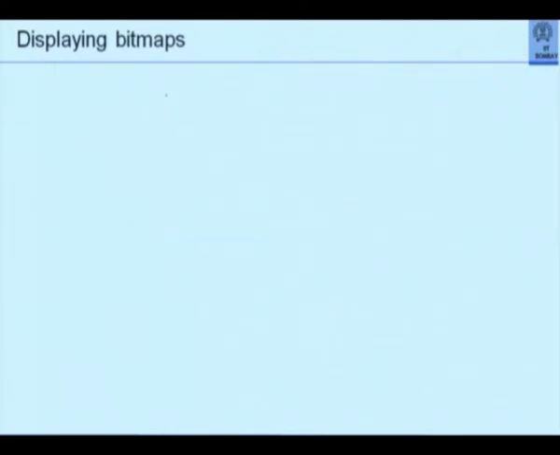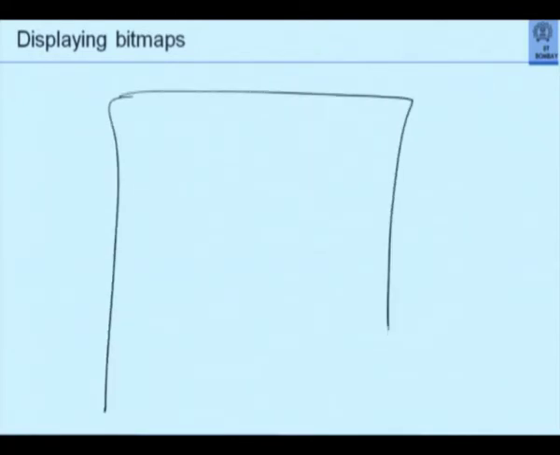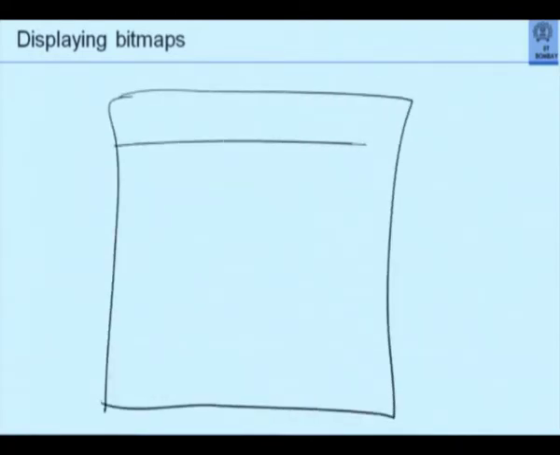How do I display bitmaps? This is my window, and I have a photograph. Now the photograph will be in a file. So let us say I have a file called pic.jpg. Agreed?